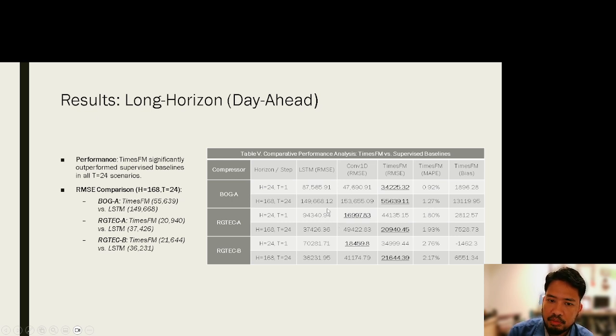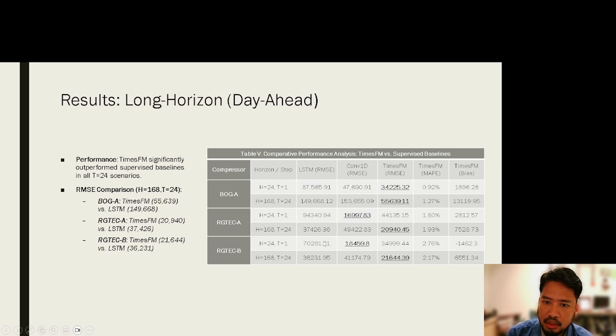Similarly, we can see that for RGTech A and RGTech B, both of them perform much better when compared with the convolutional one dimension and long short-term memory models.